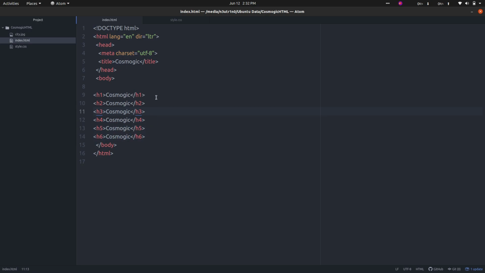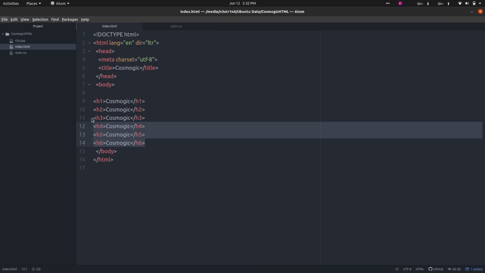So now I have created all the tags. These are the heading tags, meaning they provide the heading to the HTML web page. This is the h1 tag, this is the h2 tag. h1 is the highest level heading tag, meaning whatever we have written in the h1 tag is the largest of all those tags, and h2 follows the same sequence. h2 is the largest of these 4, h3 is the largest of these 3.